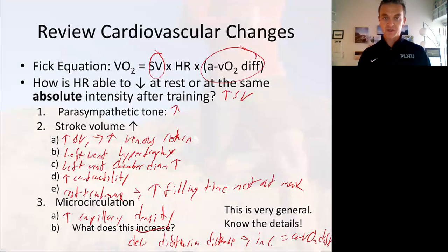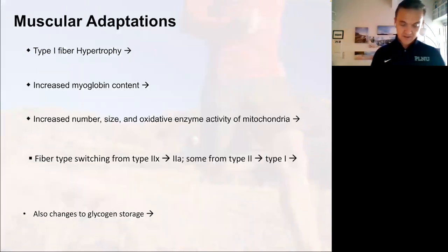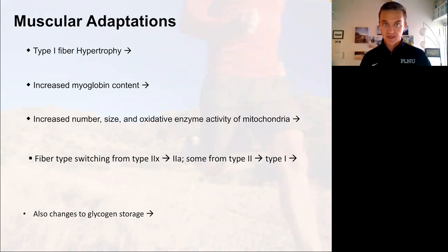All right, very important changes to know and understand. Let's dive into the muscle side of things now. So the active muscle metabolism. So muscular adaptations. So we have type 1 fiber hypertrophy. What does that do? That's going to be more